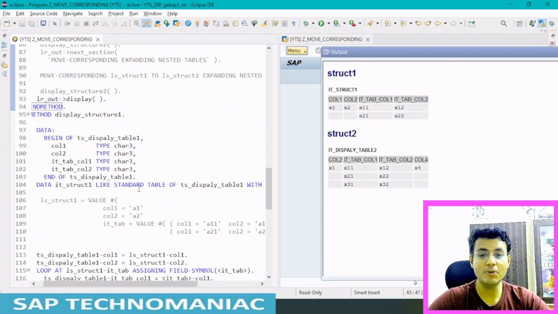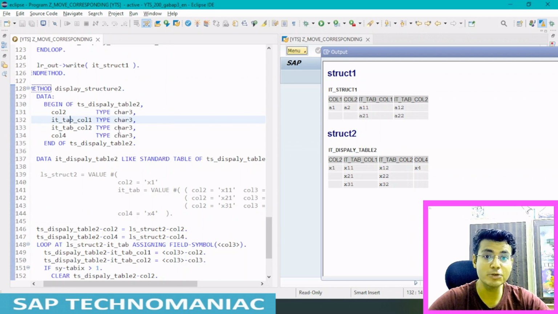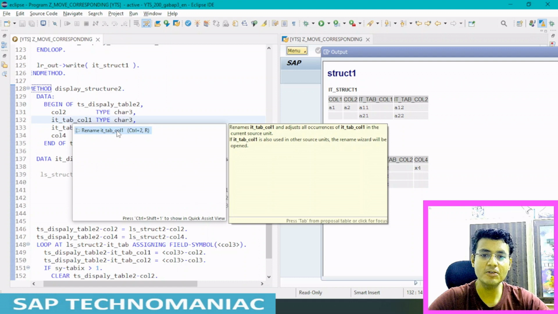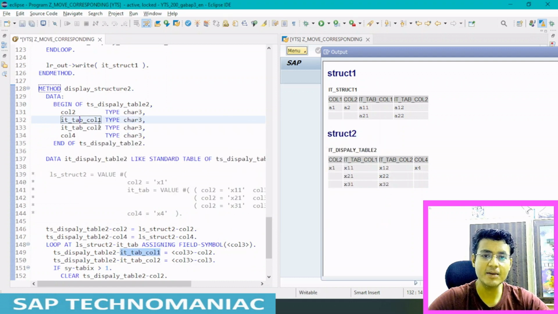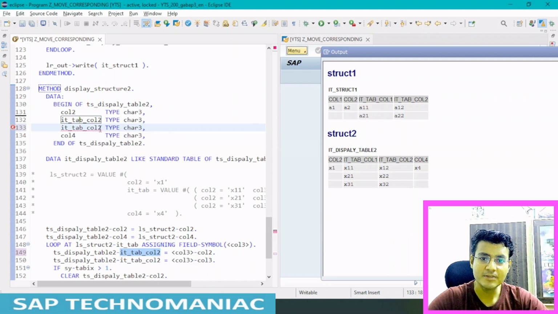One more thing I want to show you guys, how to rename anything if you want to. In the display of this structure, this should be column 2 and column 3. Press Control 1, and then we have help over here. We can change the name from here. This is again one advantage over here: it will change everywhere we have used this column. Since it is identical, I will do Control 1, rename this one.